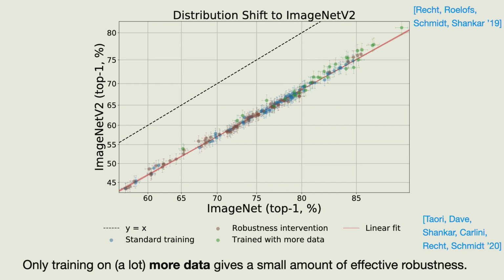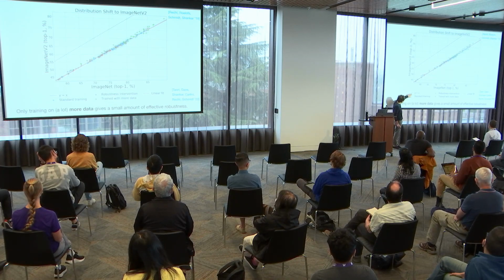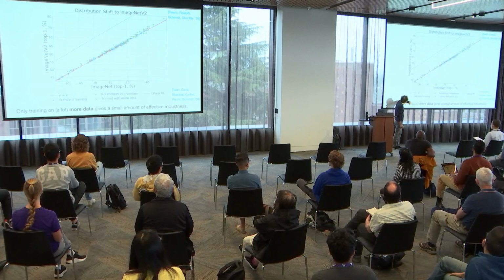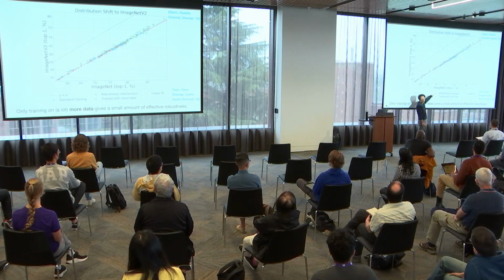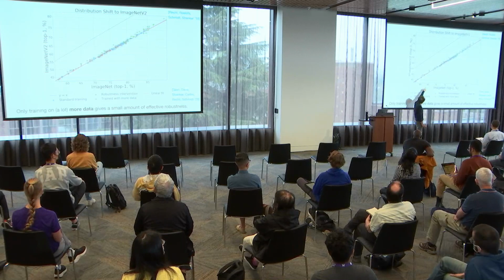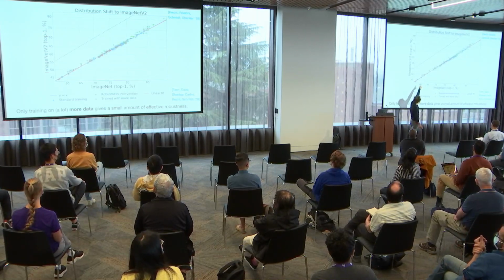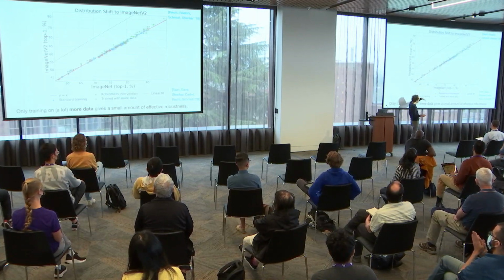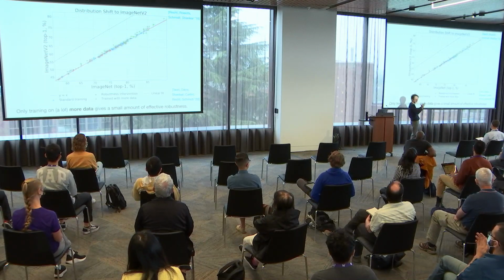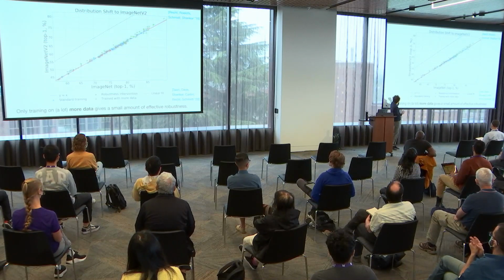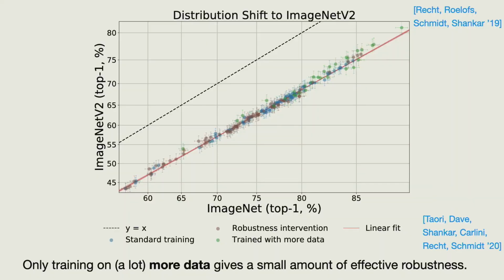And when you look at this plot now, the first thing you notice is probably that this kind of looks like the previous plot. Nothing has really changed that much. And this is, I think, at a high level, indeed the right takeaway. There are a couple of data points I want to highlight. Before, we had only the blue points, standard training. Now we also have the brown points. These are all sorts of robustness dimensions that people have proposed. And all the brown points are on the same linear trend as the blue points. So basically, they help with the thing they were designed for, like for instance adversarial examples, but they don't help with ImageNet v2. And the only models that help a little bit are the green points here.